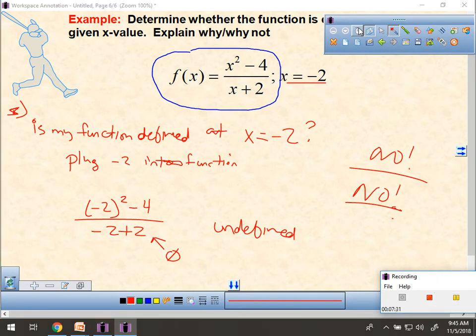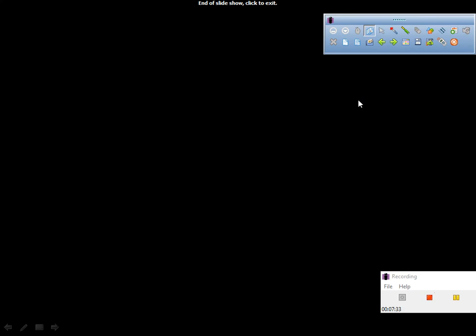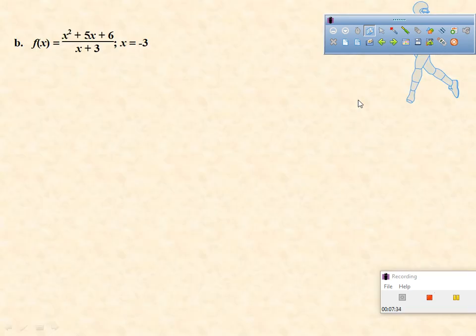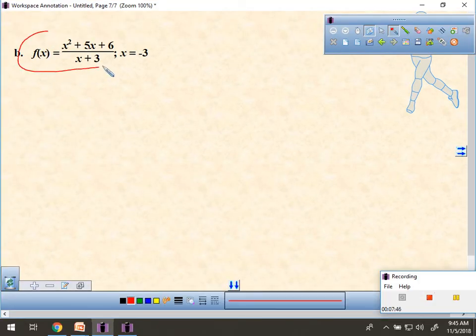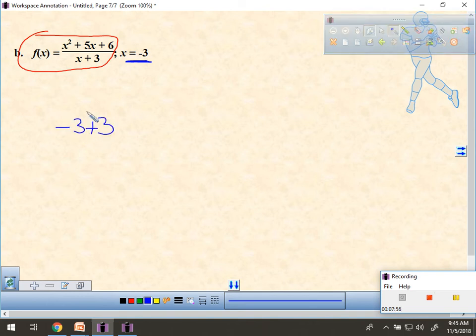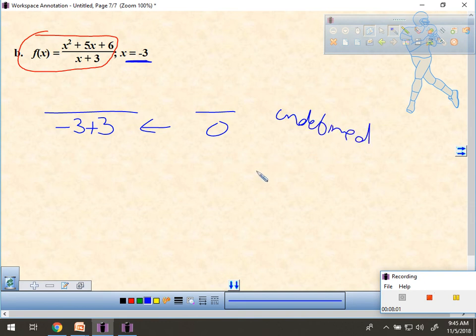All right, for your next problem, this is the last one. It's very short. It says f of x equals x squared plus 3x plus 6 over x plus 3. There's my function. And you can look at this probably and just answer it. The question remains, is this function continuous at this point? Well, guys, what do you think the verdict is? No. Why is it not continuous, though? Yeah, it's undefined. This gives me 0, so that is undefined, and so that means that it's not continuous at that point. And that's it for